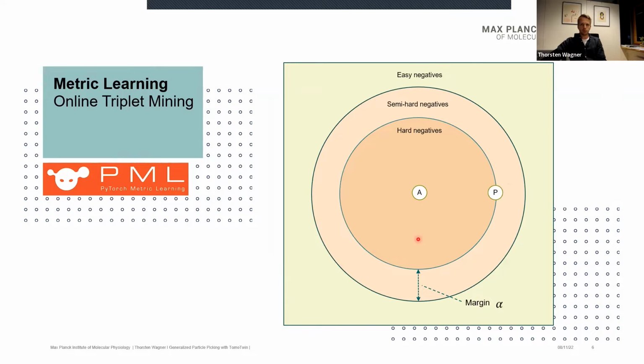So you have your anchor, your positive, and you only try to find negative ones that are in a certain region, so-called semi-hard negatives. Those are used for training, and this helps the network to converge quicker.